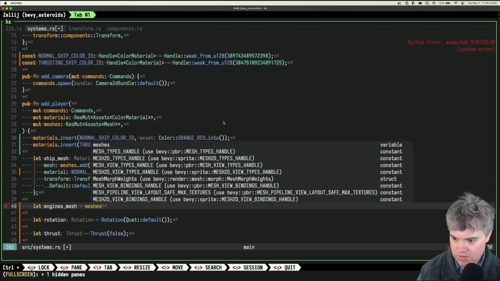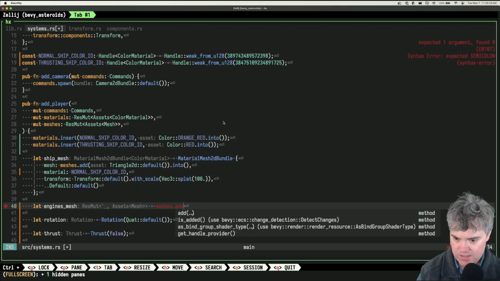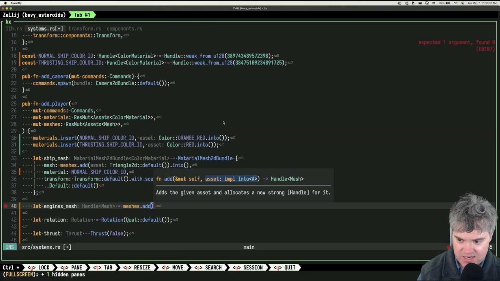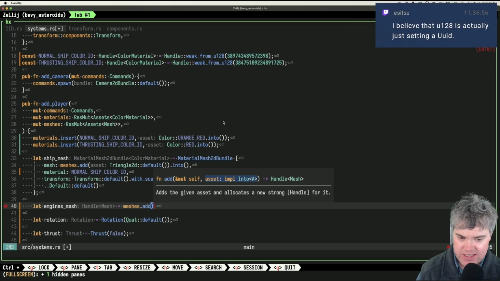So I do meshes. So if I do an add, this is going to give me the handle. Okay, so we now know that the handle is basically the equivalent of an ID that I can grab somewhere else. Okay, so if I have that, the asset, now I grab triangle 2D. What if I want a rectangle?